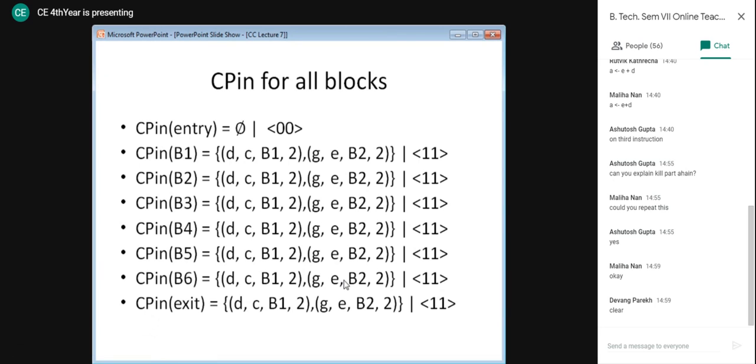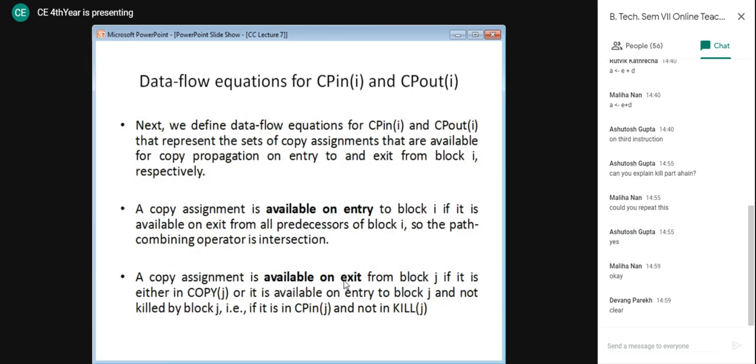Now let us look at the data flow equations for CP in and CP out. So now let us understand what CP in is. As I already told you, if a copy assignment is available on entry to a block, then it is represented in CP in, and what we need to take care of is that it is available at exit from all its predecessors, right?